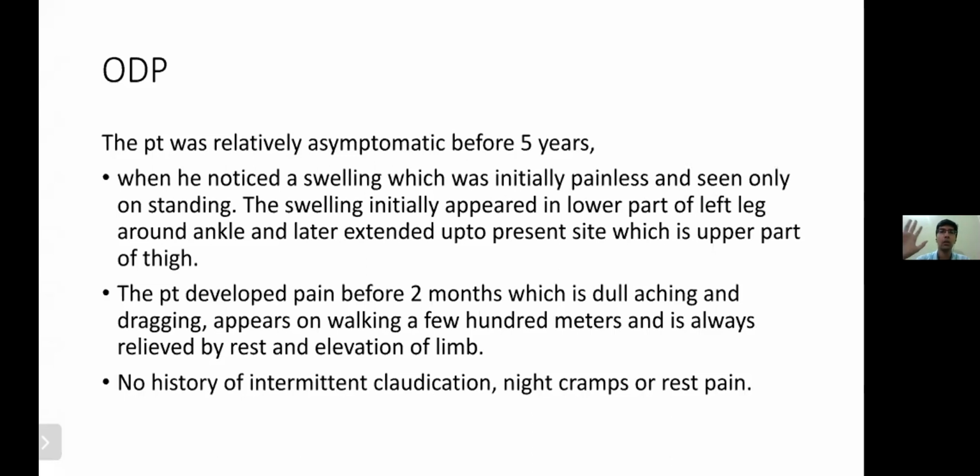You can rule it out only and only with the help of history: chronic conditions of immobilization, some fractures, some malignancies, history of OCP use. These are risk factors for DVT. Okay, there is the scoring system. Does someone know the scoring system for DVT? Scoring system for prediction or risk factors of DVT. What is that known as?